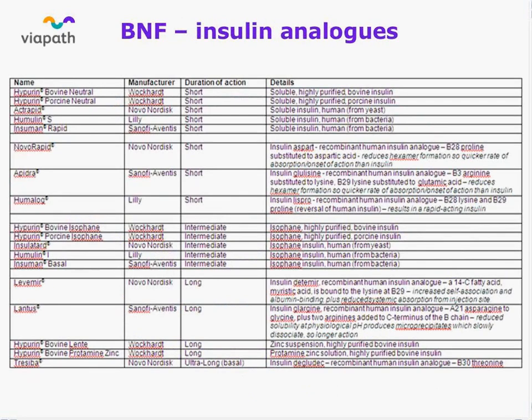If you look in the BNF, again, this is a fairly old slide, so this is from a couple of years ago, but I don't think there's been too many new ones since. The important point here is that there's a number of analogues that exist. And also detailed here, you can see some of the structural modifications that exist. I'll show you the actual structures of some of them in a second. But they're all modified, as I say, to affect or alter in some way the duration of action and the